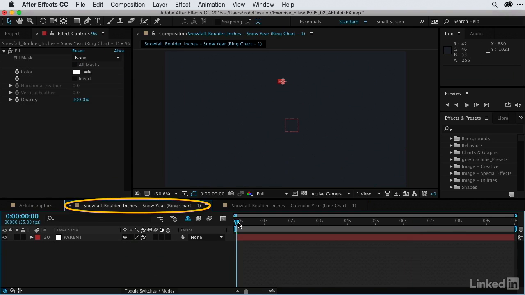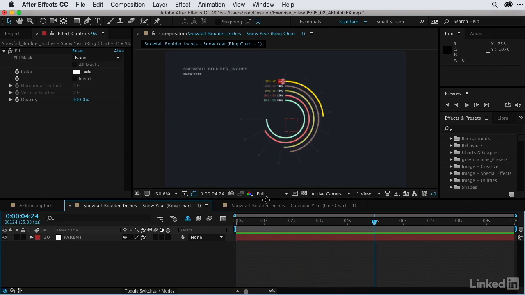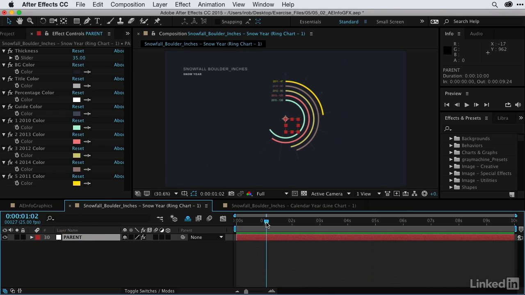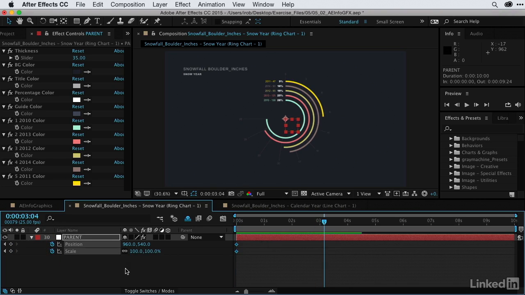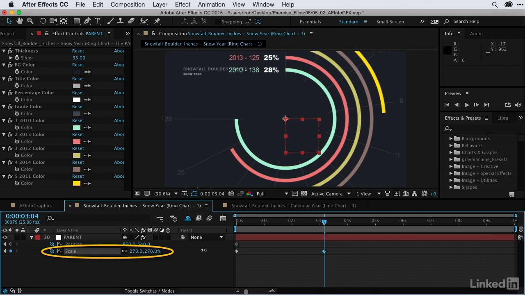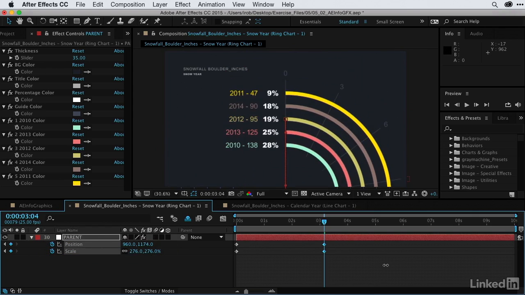I'll go here to my ring chart and we'll press the spacebar, and you can see it's created some pretty cool rings. And again, if I had one piece of feedback, it's that most of the graphics end up kind of tiny. So let's select our parent layer here, and this time I'll keyframe the animation. So at frame 0, I want to open up my position. So press P, and then I'll hold down Shift and press S, and I'll just add keyframes for both. Then let's move down to about 3 seconds, and let's increase the scale. And then we'll just move down on the Y a little bit so we can see kind of the totals